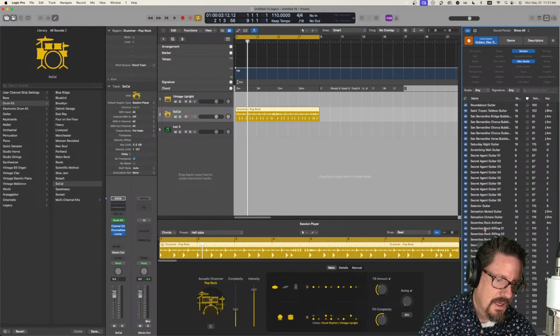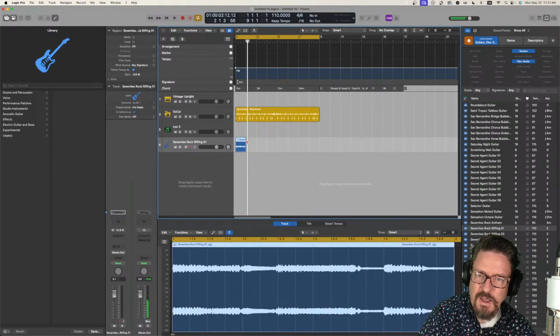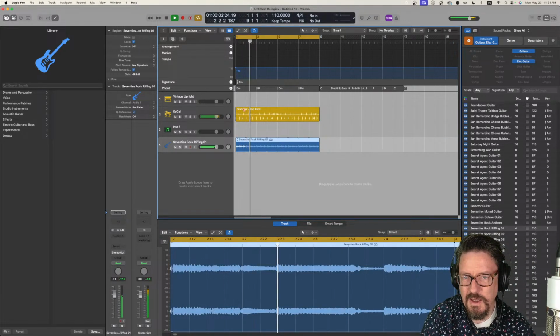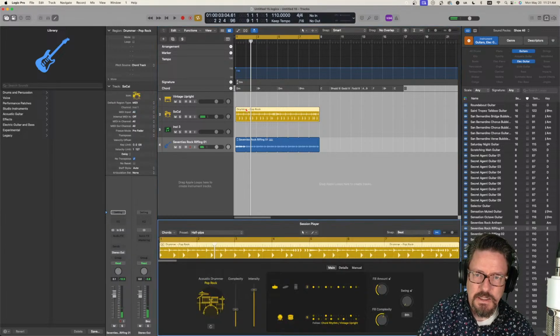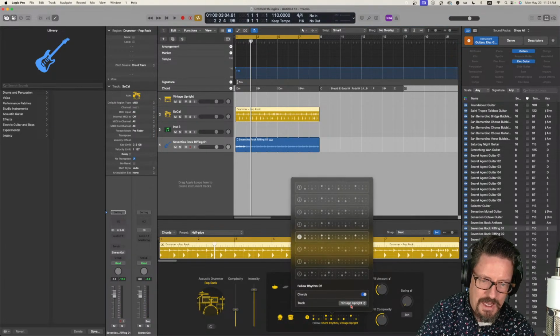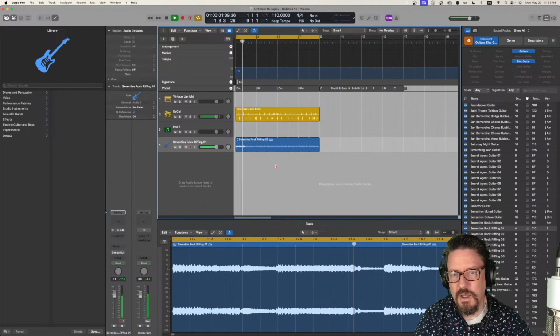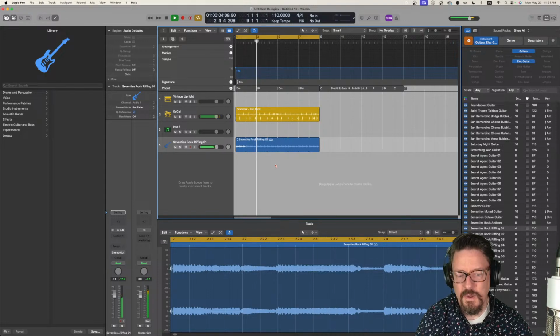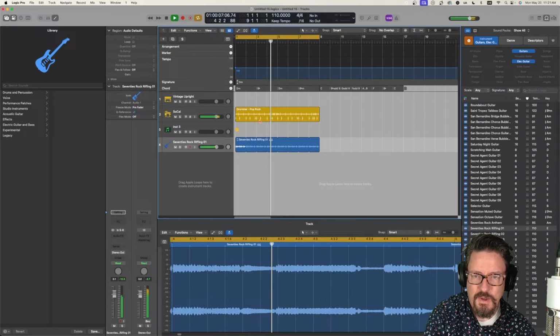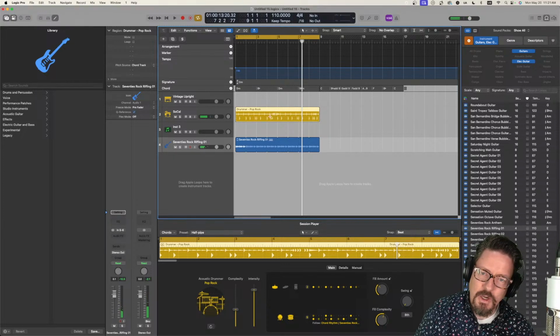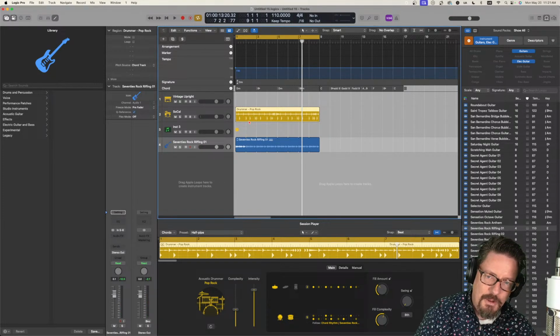Let's just find anything. So we're just going to do that for a second. Right, so then we come here, double click. I'm going to say, I want you to follow the 70s rock riffing guitar. So it's not doing much different, but it changed the pattern to be a more complementary pattern to what that